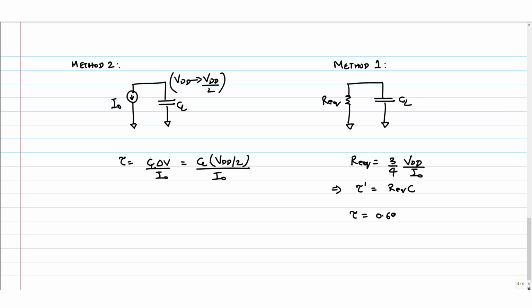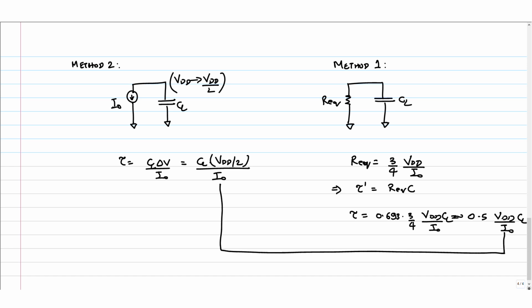So this is 0.693 into 3 by 4 VDD by I naught, right. So this is approximately, again you will get 0.51 or 52 or something like that, into CL by I naught. Now these two answers indeed do match,